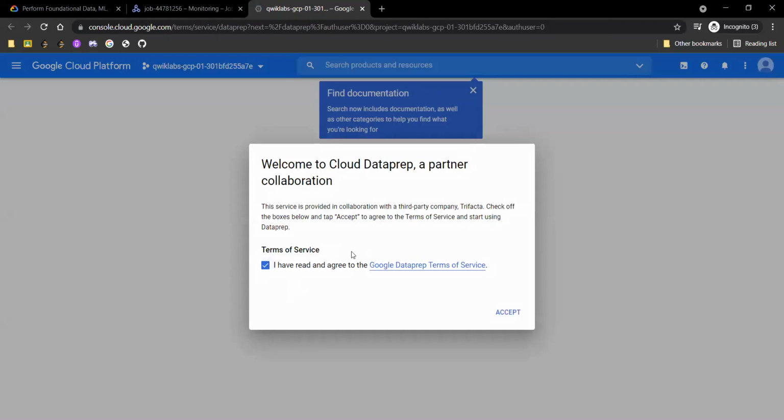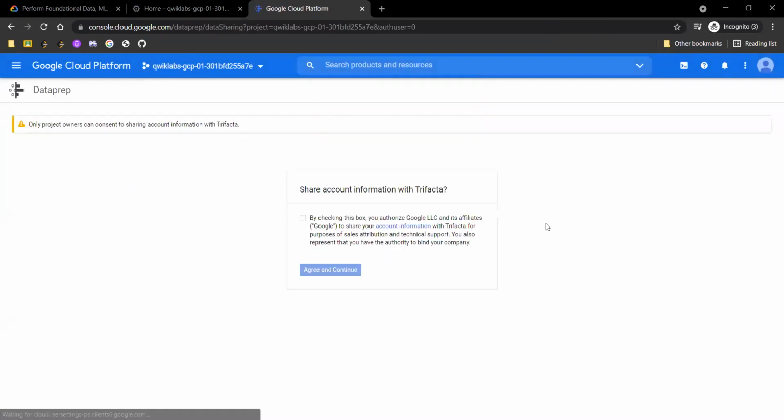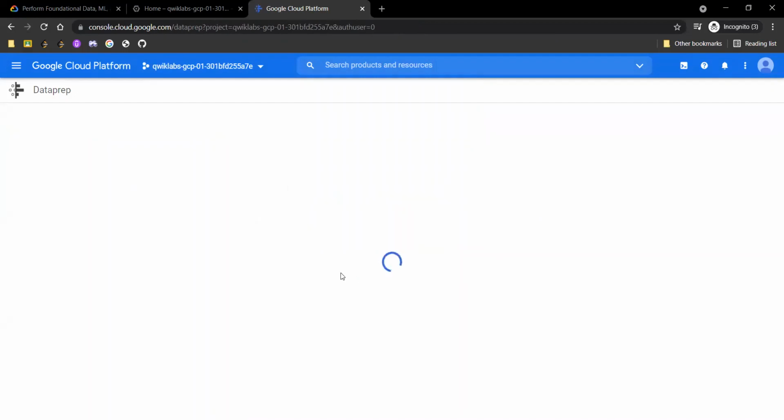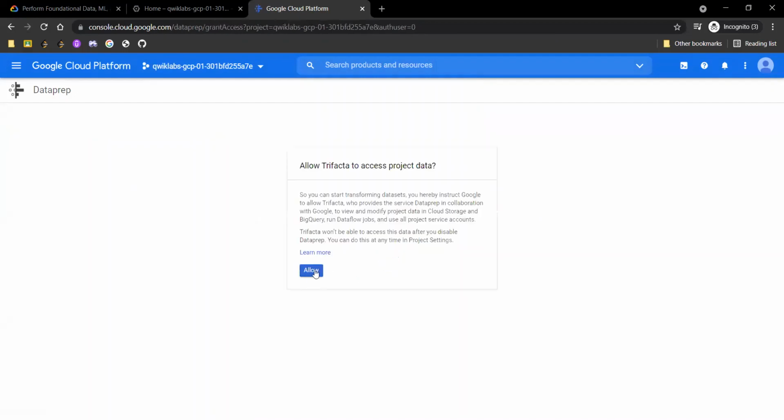Click on this checkbox and click on accept. Again, click this checkbox and click on agree and continue. Click on allow.